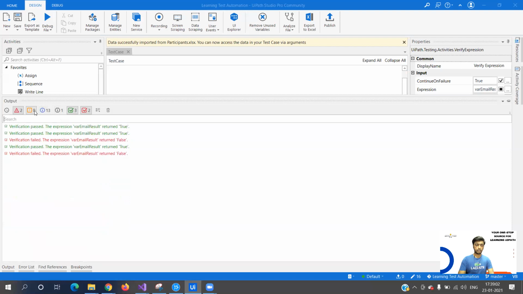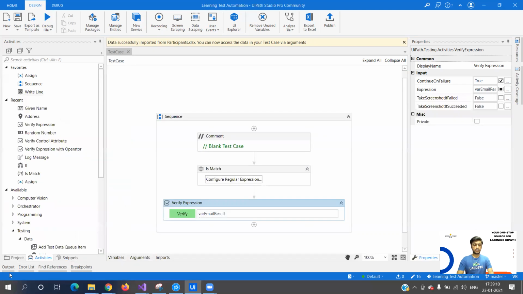So if I click on this, and if I remove this, now you see I can only see the verification results. This verification result can be used further as well if you want to use it in other situations. So this is how we have created a data driven test case. A data driven test case is basically importing your test data which you have. If you don't have it, you can use the data testing activities to generate random data and verify the results. So we have successfully tested our complete project.